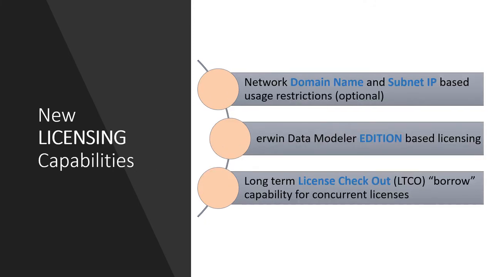Customers have requested additional license-related security and flexibility. To address those requests, we have added license usage filtering based upon network IP addresses and/or enterprise domain names, simplified licensing in organizations having multiple editions of IrwinDM installed, and implemented a borrow license feature that allows users to temporarily check out a license from their organization's available license pool for offline use, concurrent use licenses only. These features are optional, but available to most users. Simply contact our Level 1 support organization for additional details.